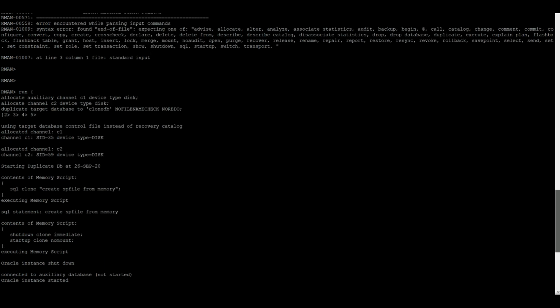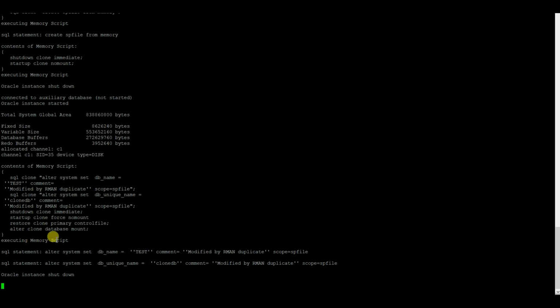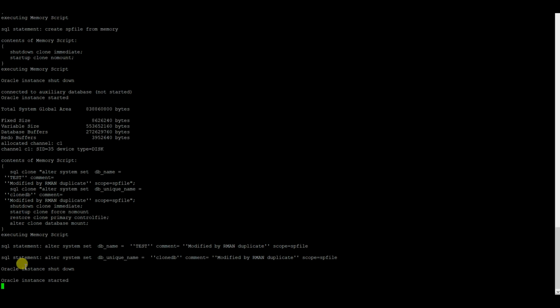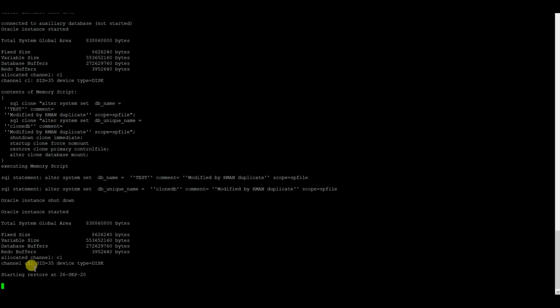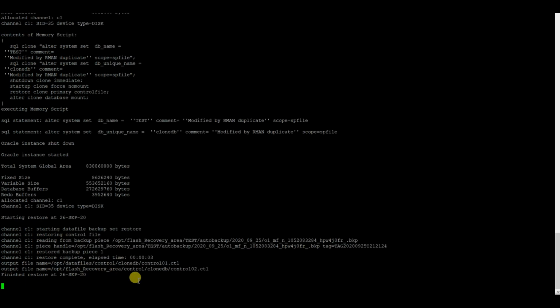So I just copied it again, and right now you can see that my instance has been shut down. My auxiliary instance, meaning the CloneDB, has been shut down, and again it has been started, and right now it is reading from the backup piece, and the control file backup has been completed.